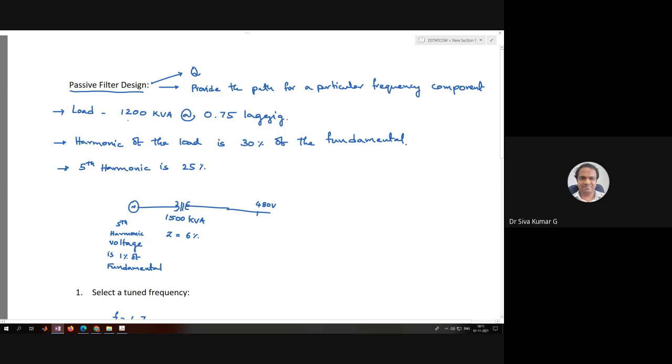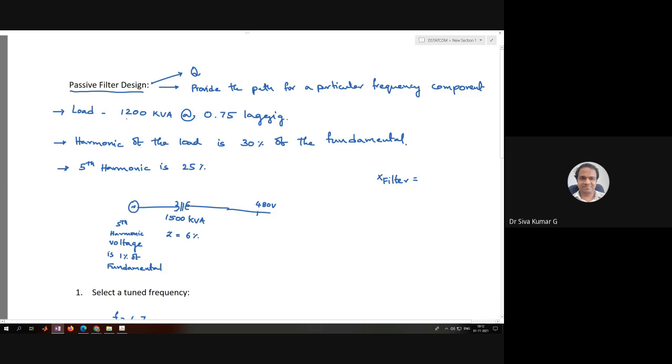In that, I have taken a problem where, forget about the earlier discussion. Okay, for the time being, I will tell where we need to consider this particular discussion also. What I mean to say is, there is a mistake in calculating the filter reactance. In calculating the filter reactance, there is a mistake. That's what I would like to clarify here.